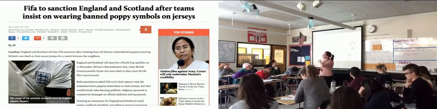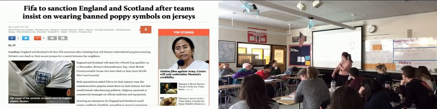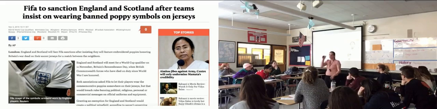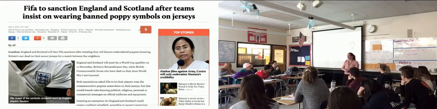Now, what the soccer players do, though, is that they'll take an armband, which you can kind of see right here, and it has a poppy on it, and they wear it throughout the month of November as remembrance in the Premier League, which is like the top soccer league in England. Well, the thing is that the English national team had a friendly, I think it was against Iceland, and they went over to compete in this, and they wore their armbands.